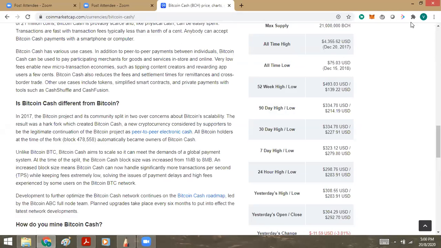So in soft fork, only the green block will be rewarded. The red block will not get rewarded because the red block is discarded, right? It is not added to the longest chain.